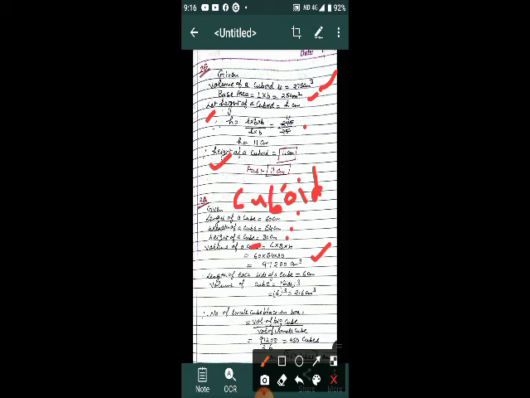Now again it is given that each side of a cube is 6 centimeter, and the volume of a cube is 6 into 6 into 6. We have to find out how many small cubes can be placed in a box, that is, a cuboidal box. So we will divide the big volume, big volume means the volume of the cuboid, upon the volume of a small cube. 450 cubes can be put in a cuboidal box.